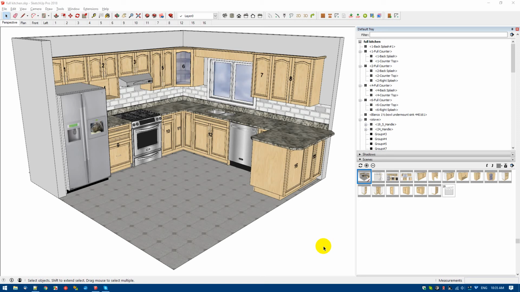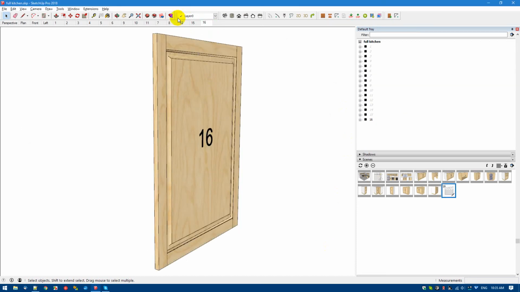This is Technical Drawings Part 2. So the last thing we need to do is get images of each cabinet so we can build assembly drawings. One of the easiest ways to do that is we just pick one of the